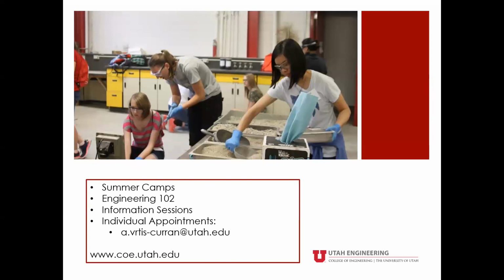And then last but not least, here are some opportunities to get involved. We have 2 summer camps. We have a high gear summer camp and a University of Utah general exploring engineering summer camp that high school students can get involved in. And again, we offered those virtually this past summer, where we mailed kits to students and basically sat down with them. They heard from professors, they heard from current students in the program, and then they did activities together as a group over Zoom. It was relatively low cost, about $25 to $35, depending on which camp you were a